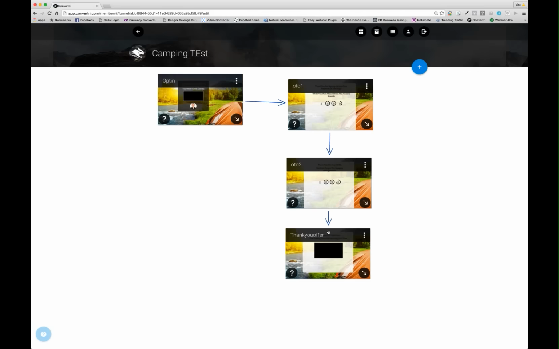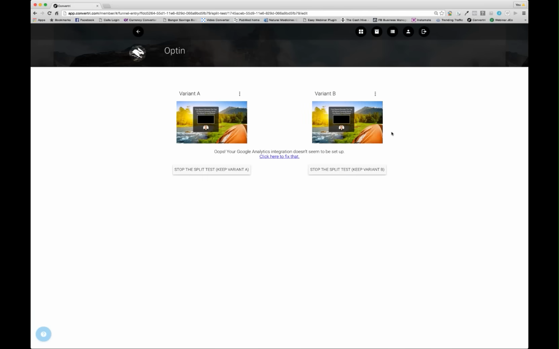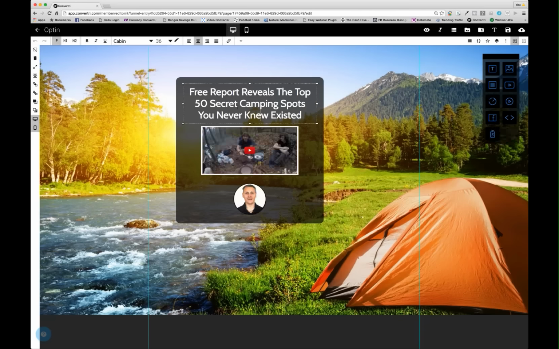And pretty much that's everything that I need to show you, apart from this really cool feature about split testing pages. You hit the menu, go to start a split test, and it gives you a B variant of any page you choose. And all you have to do then is click into that page, and then you just change the headline. For example, we could say the top 50 camping spots in the USA you never knew existed, and